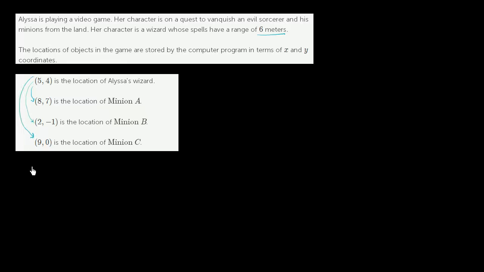And how do we calculate a distance between 2 points? Well, if this is some point right over here, that's x1, y1, and this is another point right over here, x2, y2, and we want to calculate this distance. The distance formula comes straight out of the Pythagorean theorem. If this side is the absolute value of our change in y, and this side is the absolute value of our change in x,